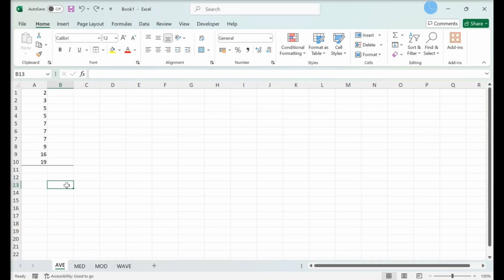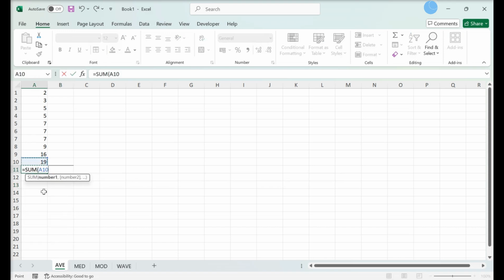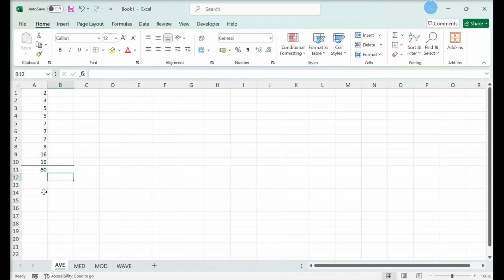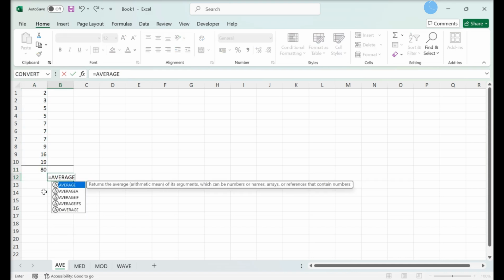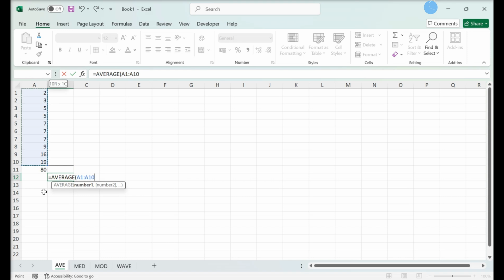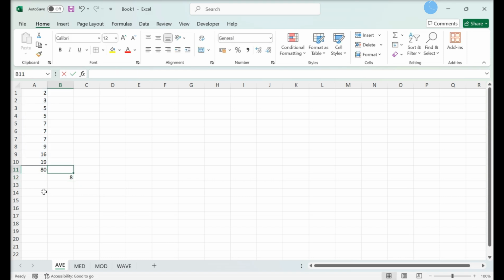Finding the arithmetic mean/average value. Click on an empty cell. Enter sum function. Hit Enter. Enter the average function and the range. Hit Enter. The average is determined by finding the sum and then dividing the sum by how many numbers it